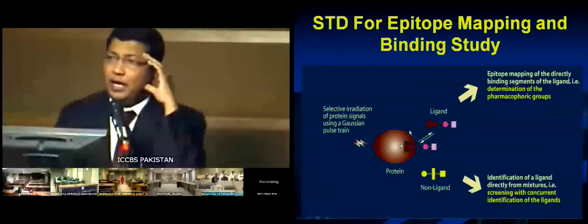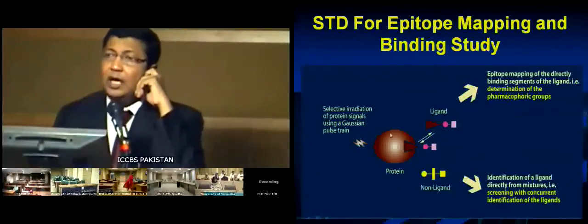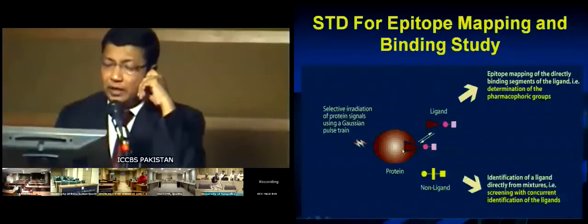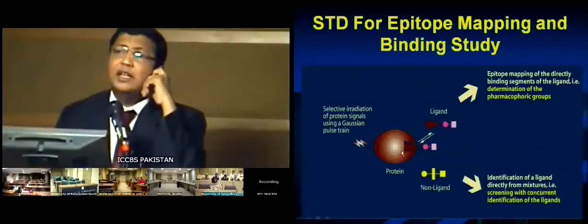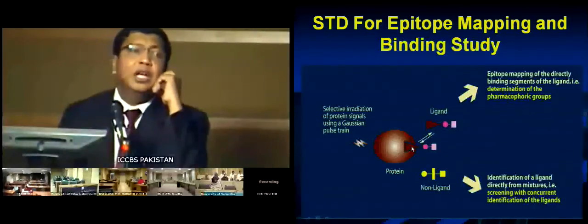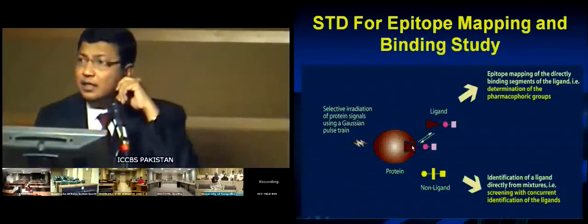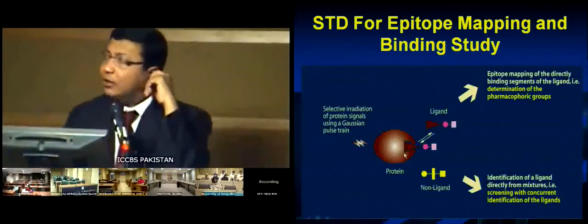And when it propagates through the whole protein, at a certain point of time when it reaches the active site, this energy would eventually transfer to the ligand, if it is binding and if it is close to,